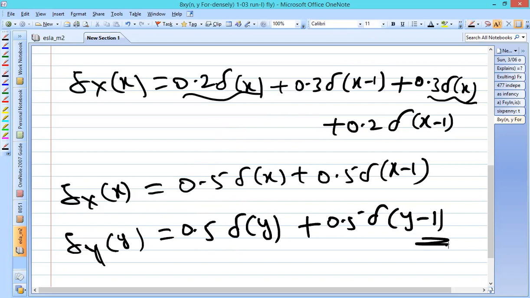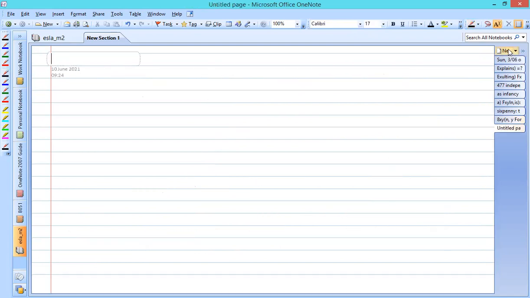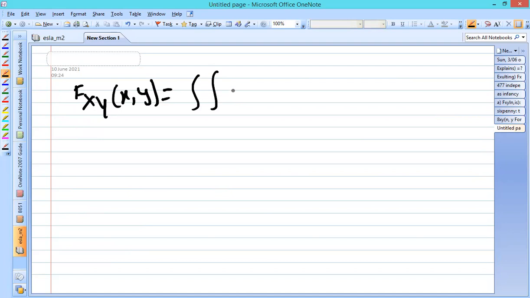So this is the second part. With this, what is the next part? In the third part, we are asked to calculate the CDF Fxy of x comma y. It can be obtained by taking the integration over fxy of